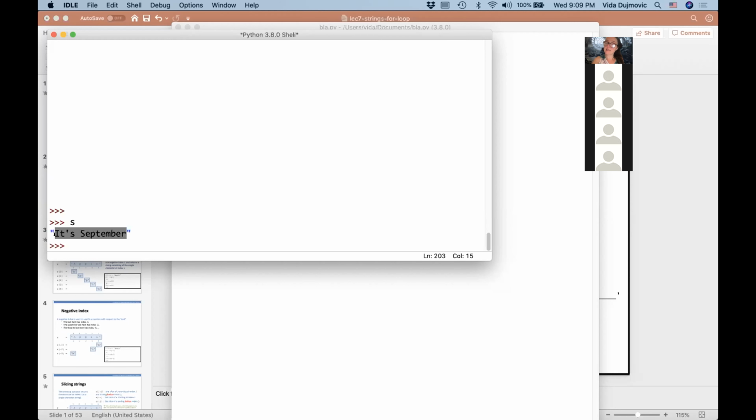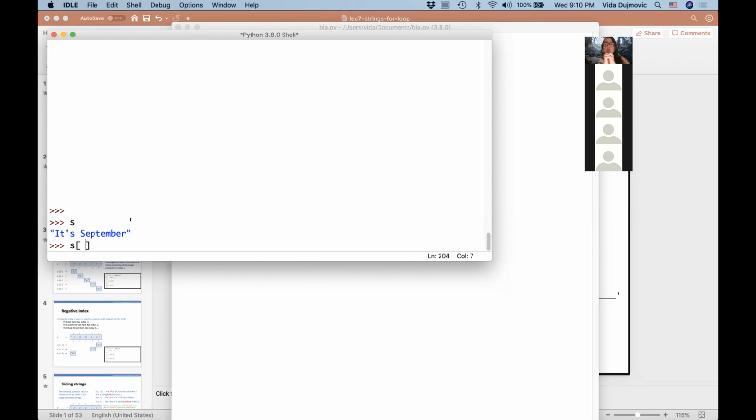The way you do this is the following syntax. If you have a string S, the string that is referred to by variable S, and you want to access a certain character in that string, you use the name of the variable, in our case S, and then you open square brackets, close square brackets, and in between these two square brackets, you put the position that you want, so an integer.